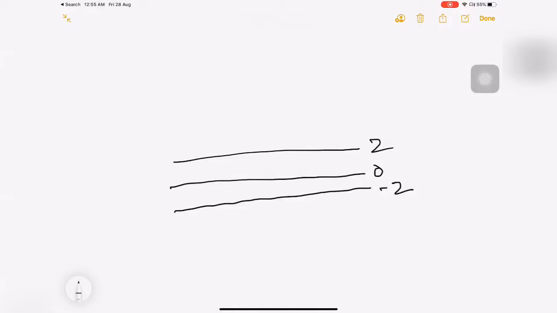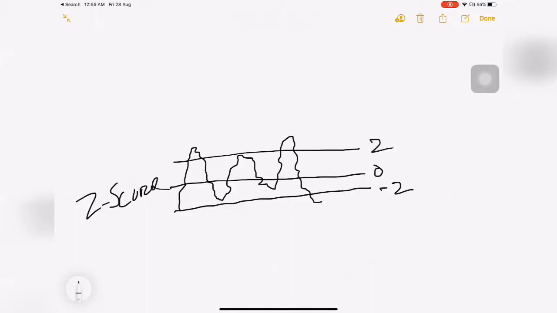Okay, and here we don't have 80, 20 like that. We have, let's say, -2 and 2. Okay, this is Z score. So here also it goes like this. So now